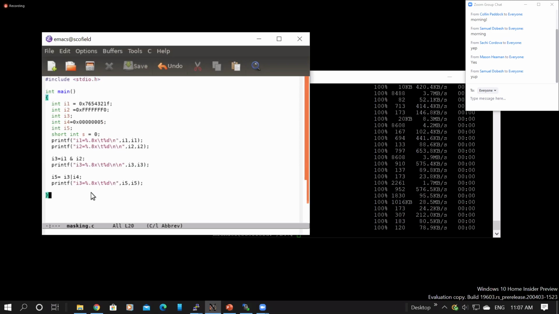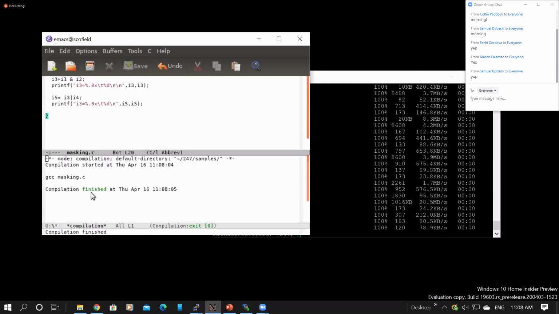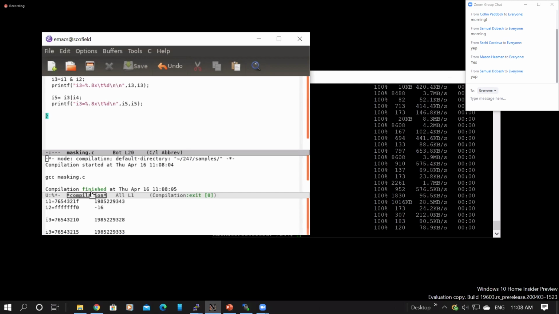So let's just compile it, run this thing. Alt X, compile. Yeah, that's the command I want. And then want to run it. Alt exclamation point to give a shell command, and the command I want is that. So now you see that we masked off the F,